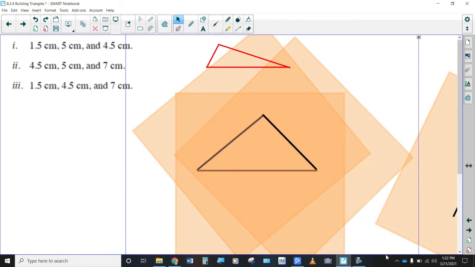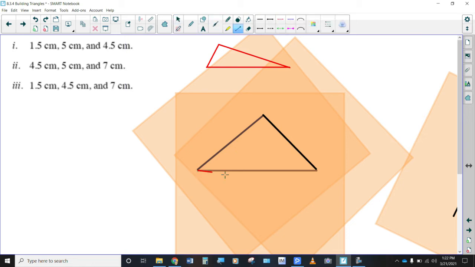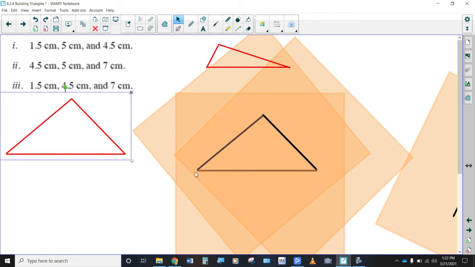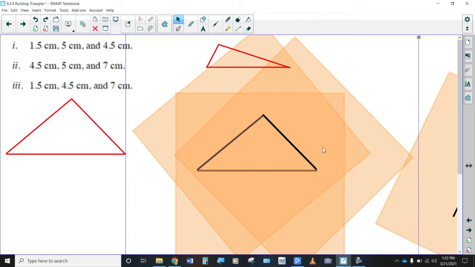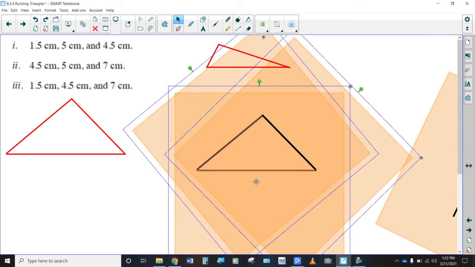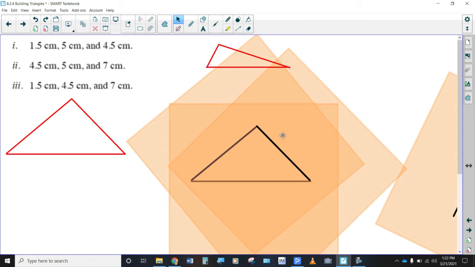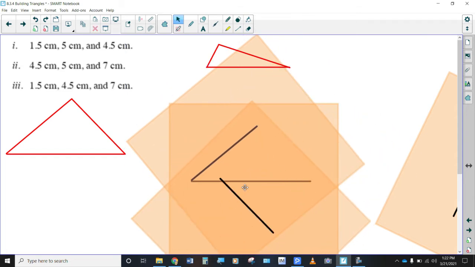Now I'll do this one. Trace over. All right, so this is my 4.5, 5, and 7. Okay, so if I try and move these guys around at all, like maybe make this guy on the bottom,